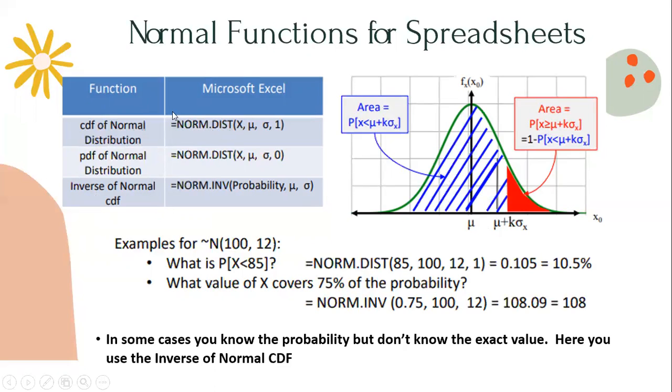It's not exactly this formula. It's 1 minus NORM.DIST(X, mu, standard deviation, 1), and you close the bracket. So again, here's just an example. When you have something given here, N, 100, 12, this basically means that the average or mean value is 100 and that the standard deviation is